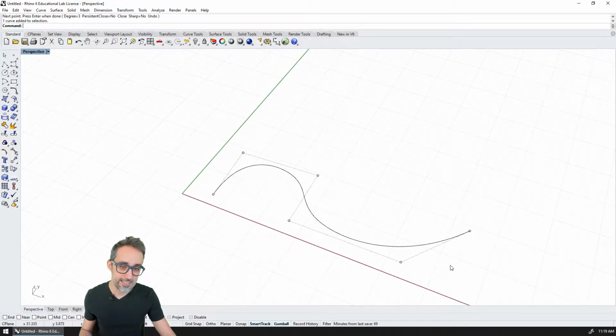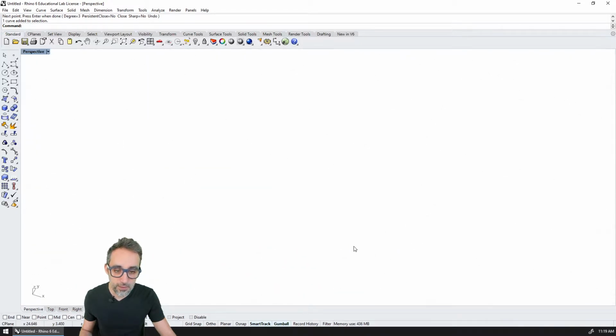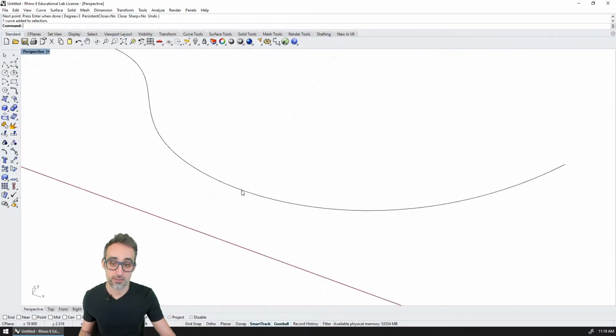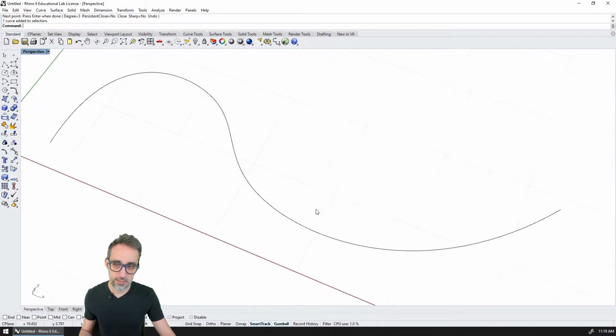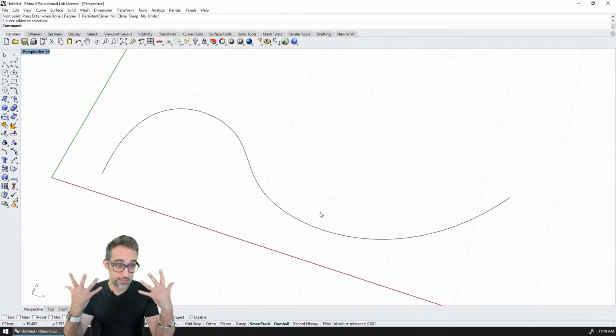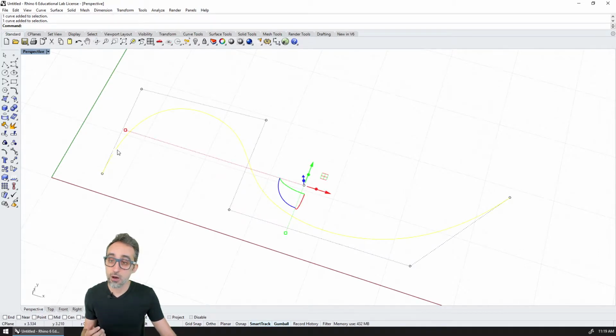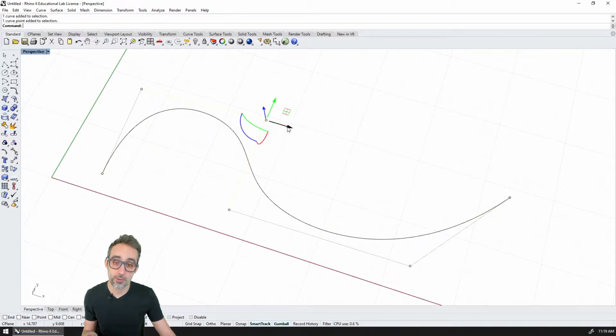Right now, this curve is infinitely smooth, and if I zoom in, no matter how much I zoom in, I'm never going to see any kind of discretization, because in theory, this curve is infinitely smooth. Again, it's defined by a mathematical polynomial, so I can find any smooth point on it. If I click on it, you can see that the control polygon shows up, and the control points that define it also show up, which means that I can take this point, for example, and move it like this, and you can see how the curvature just adjusted between that and that, you see?